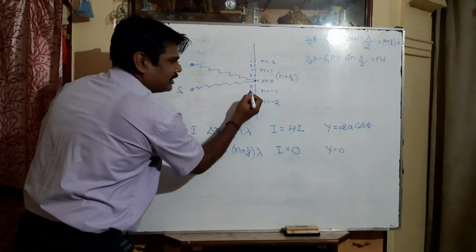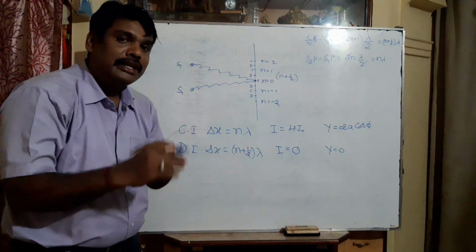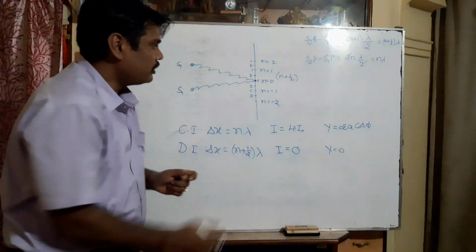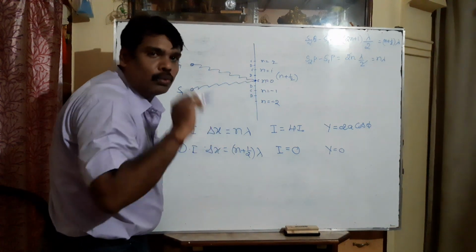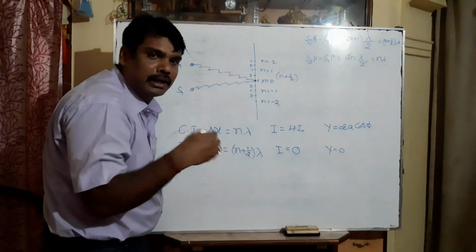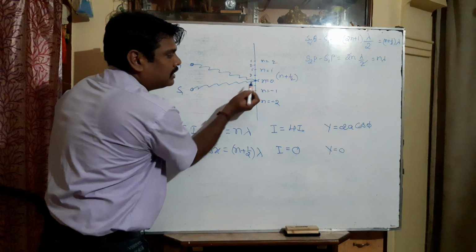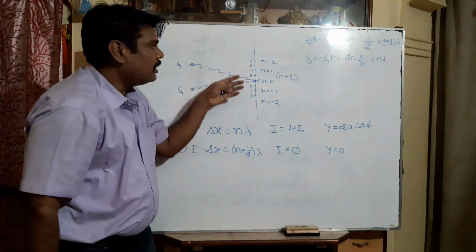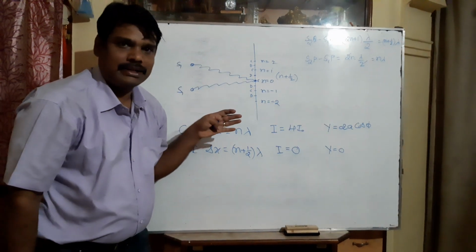Here it is constructive, destructive. It means 100% you will get alternate constructive and destructive interference at equal distances, because after 0 we will get half, after half we will get 1, after 1 we will get 1.5. So the value keeps increasing from the central point equidistant from both the sources. It means you will get alternate dark and bright fringes in the interference pattern.